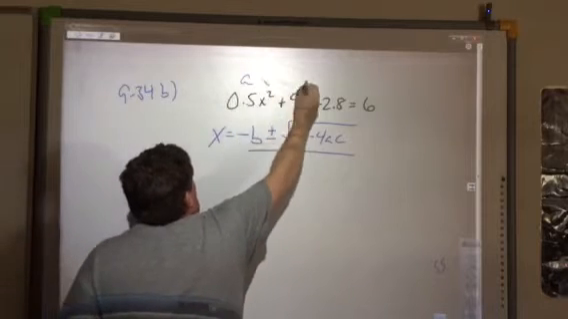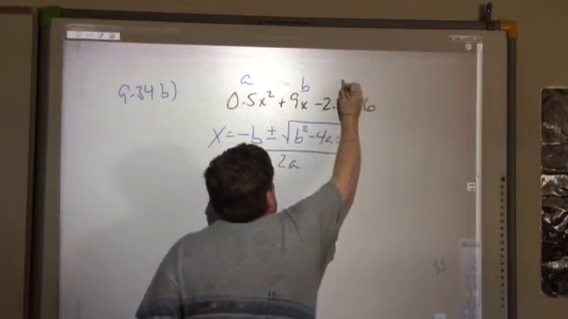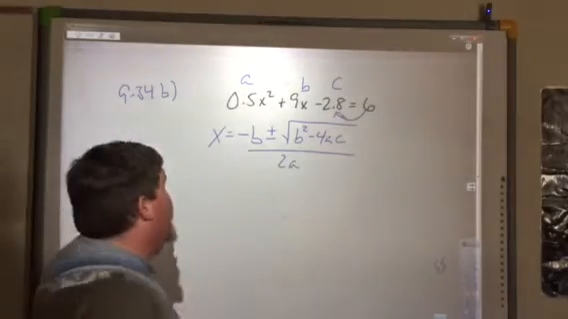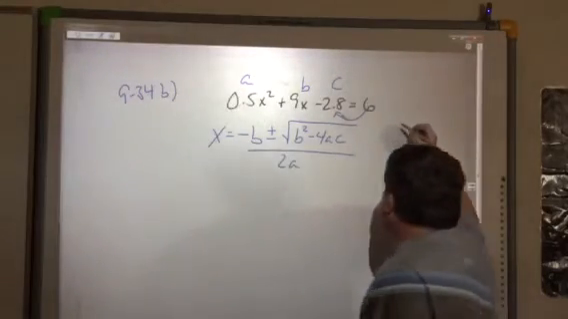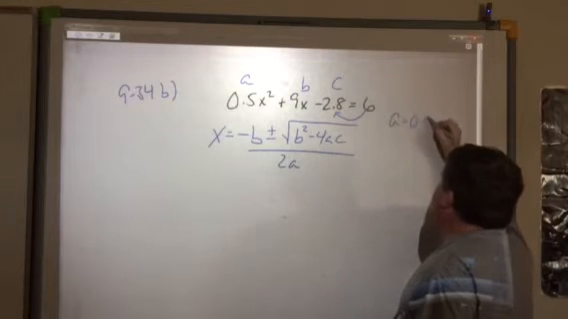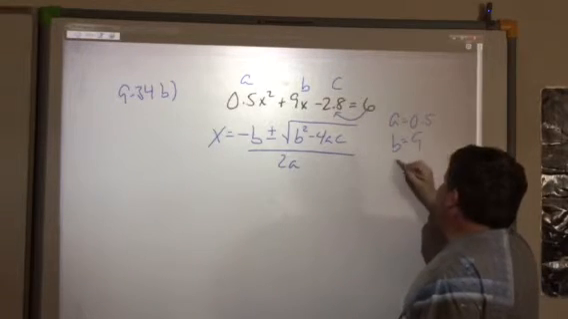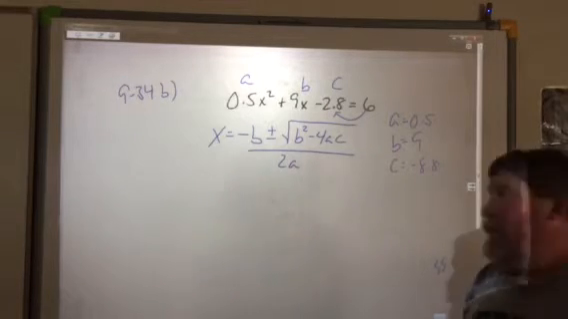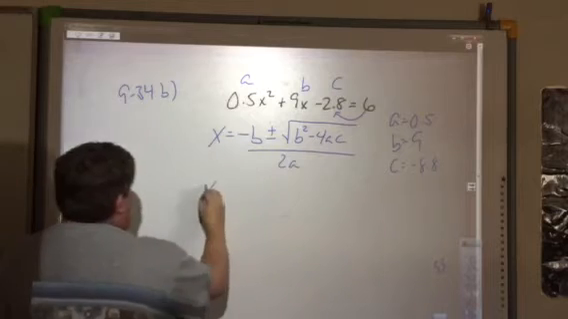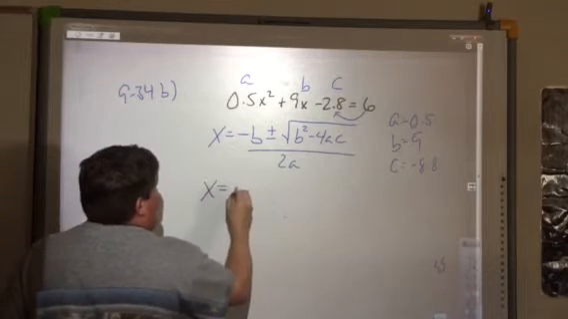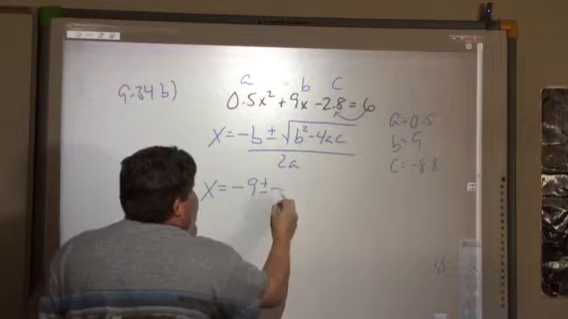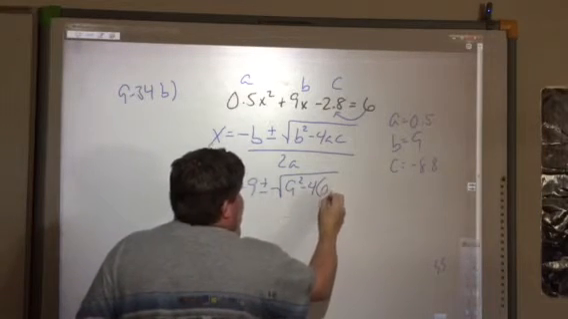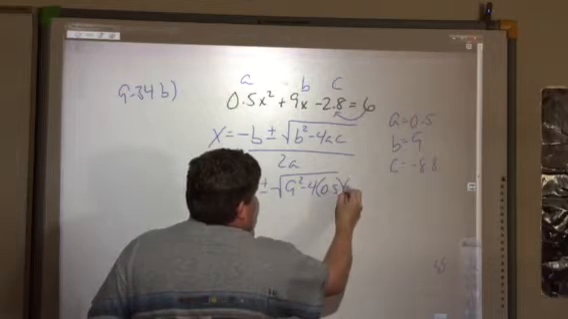Where we have A, B, and C. Except we got to put this over to make it equal to 0. So we actually get A is 0.5, B is 9, C is negative 8.8. So we're going to plug those in. X equals opposite B, so opposite 9 is negative 9, plus or minus square root of 9 squared, minus 4 times A times C,